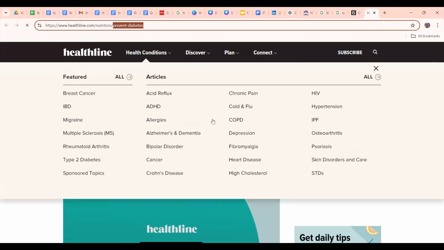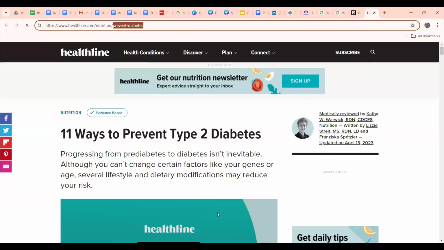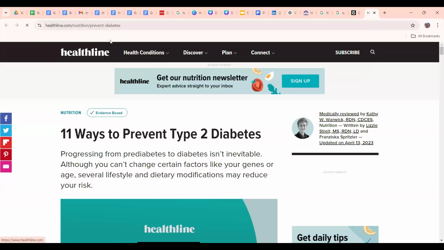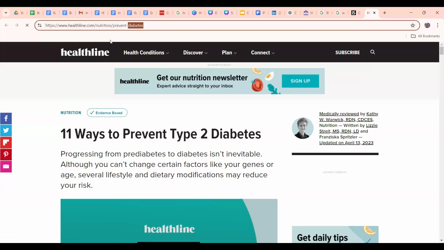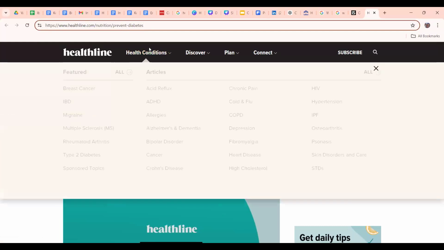Remember the keyword I asked was what are the best ways to prevent diabetes, and you see they didn't stuff the URL too much with keywords. They just put the simple keyword that we're targeting, which is prevent diabetes, in their URL, right? So the URL structure is also very, very important. How do you structure a URL? Do you stuff it with so many keywords that it looks spammy, right? Or your keyword is not even there at all, because you need to have your keyword in the URL,